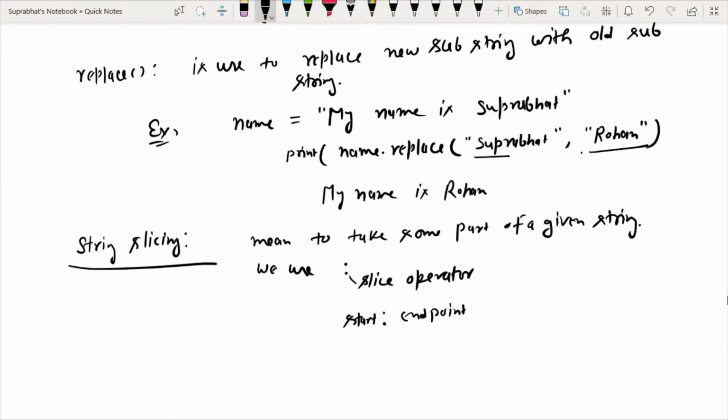That means from which place I want to take the slice of the particular substring, and what is the end point of that slice. The end point is not included in the slice.